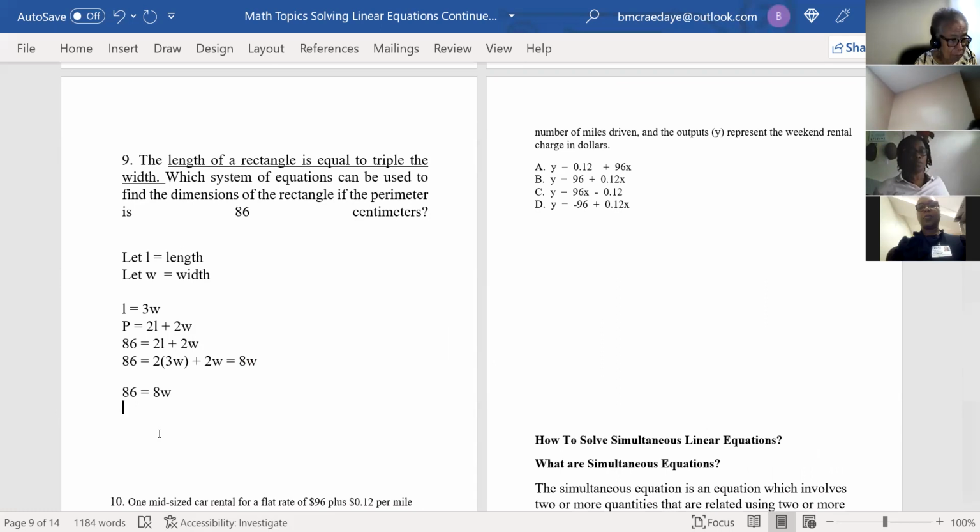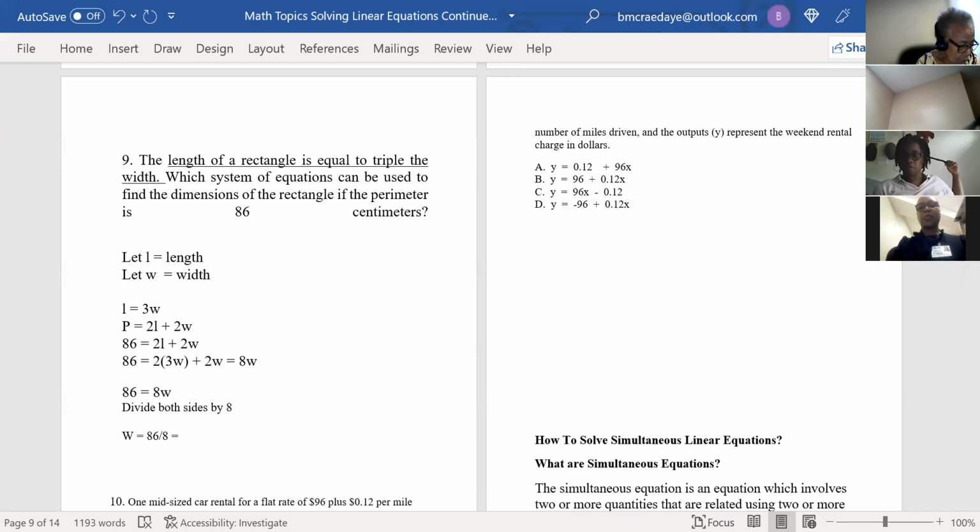Okay, you're solving for W. Divide both sides by 8. So W then would be what? W would be equal to